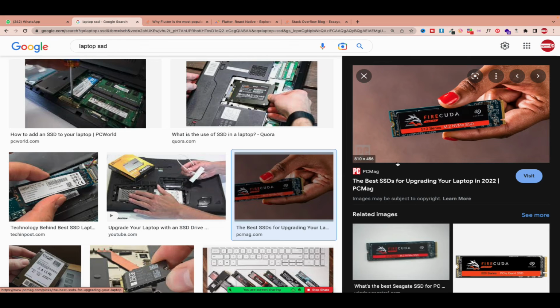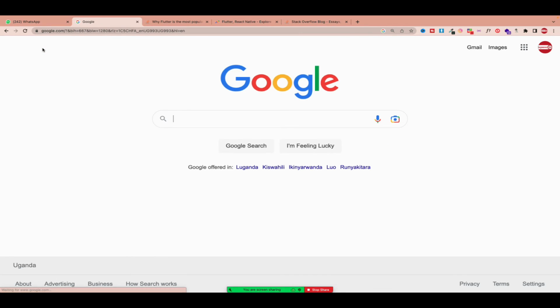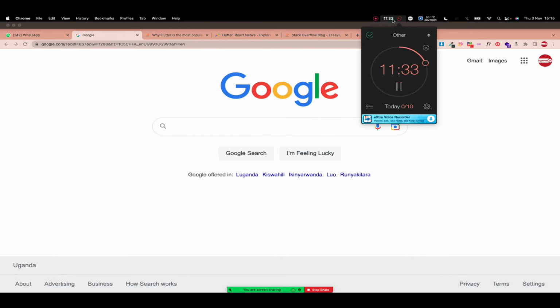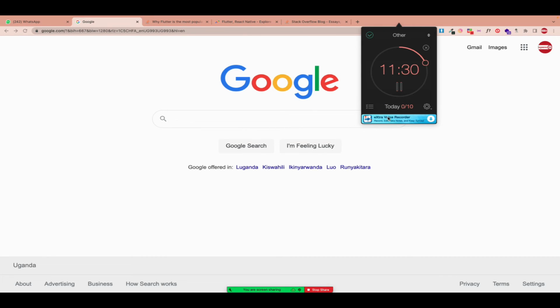As you're setting up the environment, we all begin with our own device. If your device is really poor, then you'll just be demoralized. So please put that in your plans. If your computer has a hard disk, the first thing you should do is change it to SSD so that your laptop can be faster. Then, after putting in the SSD, the next thing we're going to do is install that programming language on our computers. Then I'll introduce you to that programming language, and then we'll go into Flutter programming.